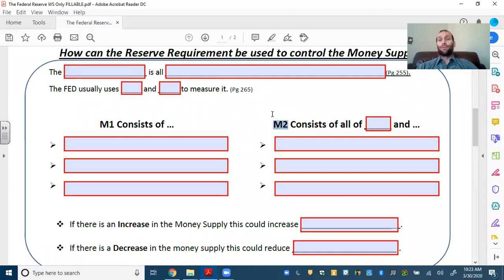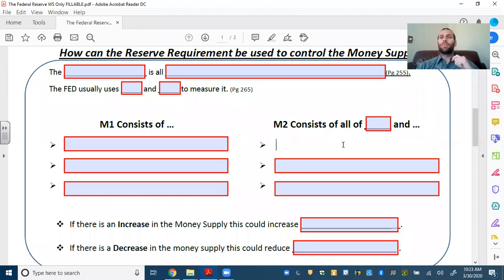M2 is first. It consists of all of M1 and what we call near monies, money that can be spent quickly but not right now. So M2 consists of all of M1 and 3 more things. The first thing that is in M2 is money that you could spend, let's say today, but not right now,